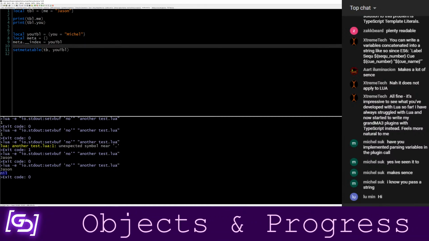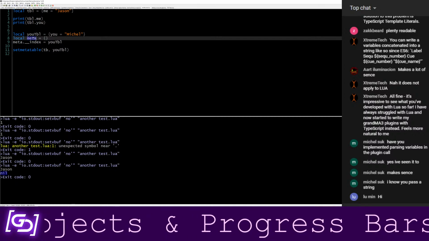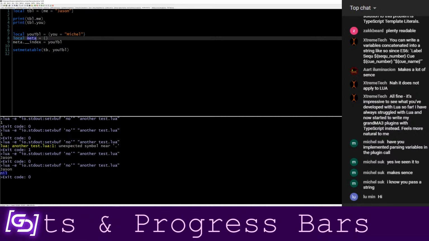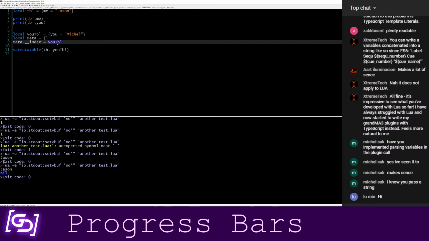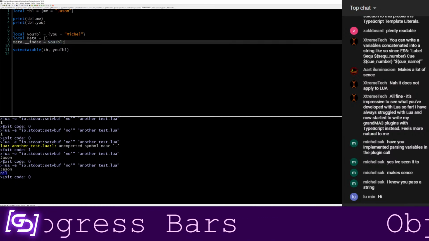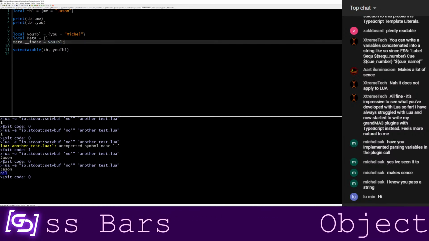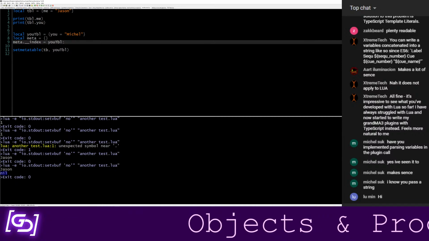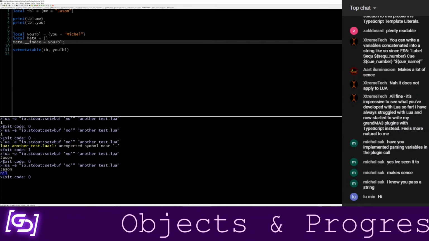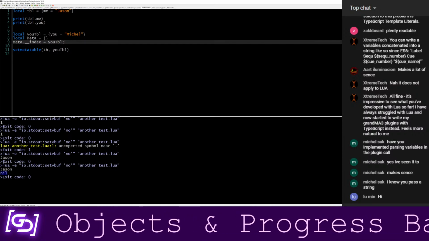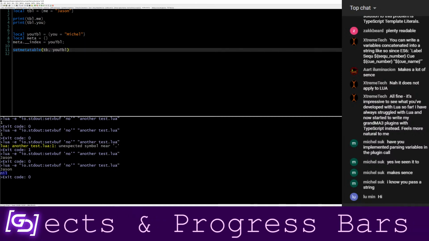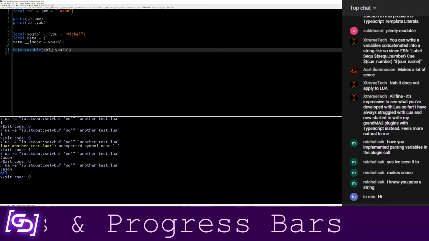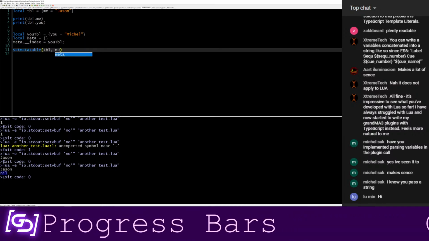So when this meta table is called, asking for an index that didn't exist, right now we've told it check this table for that index. Meta tables can get a lot more involved. You can give it a function for this, so you can give it some very detailed behavior on what to do if the requested index doesn't exist. But for right now, I'm just going to say that the meta table of table is meta.